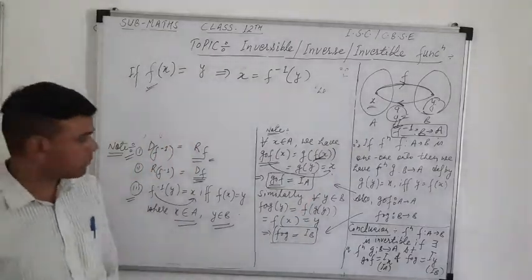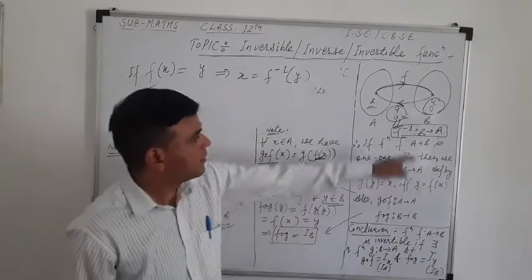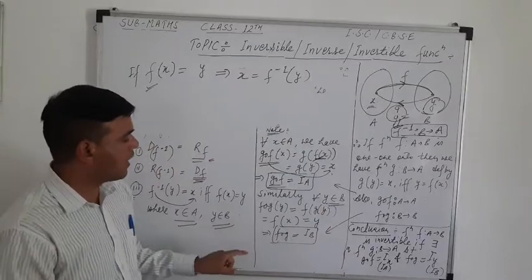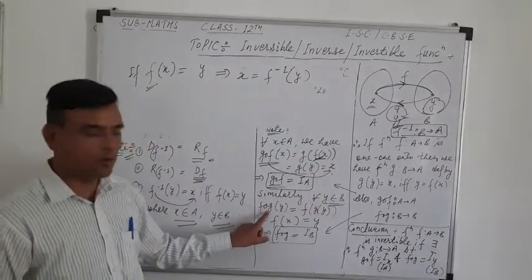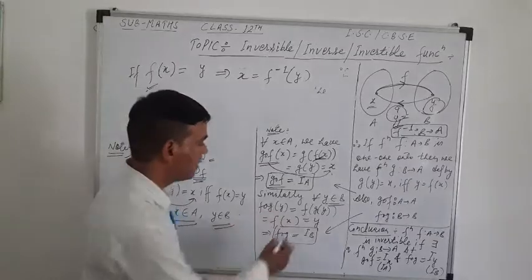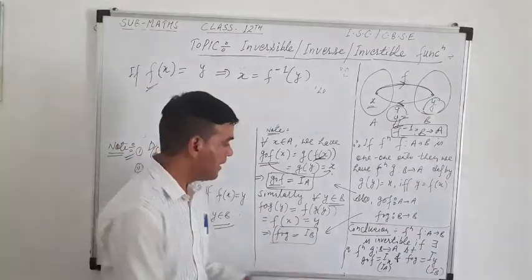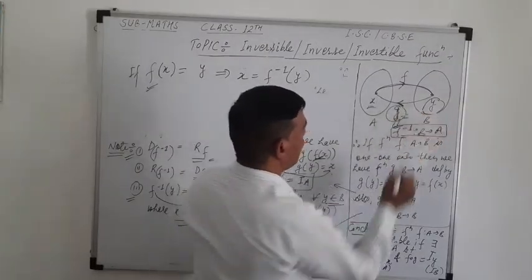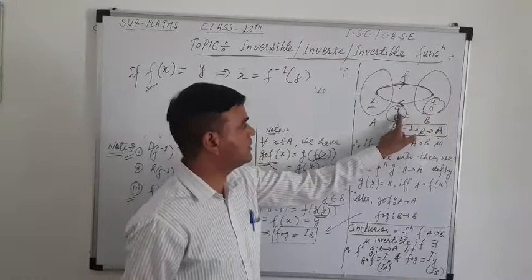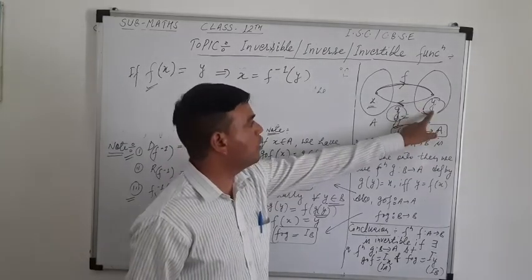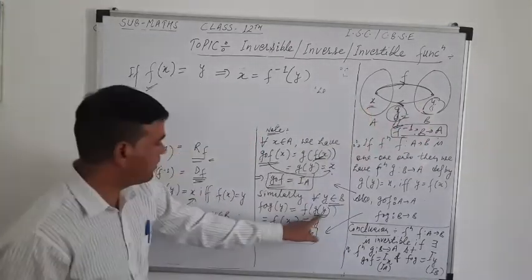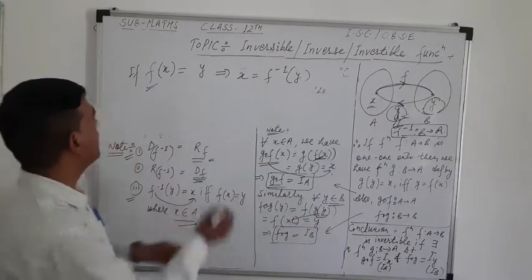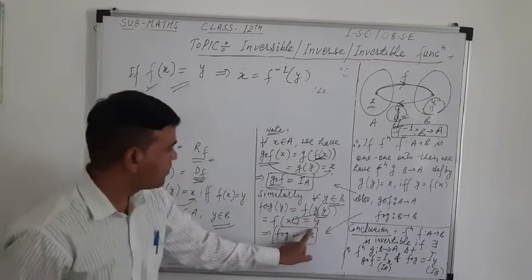In a similar way, for all y belongs to B, it means all elements belonging to set B, you can find the composite of f and g, that is fog(y) is equal to f of g(y). For function g the domain is y and g(y) is nothing but x, so in place of g(y) we can put x, and f(x) is nothing but y.